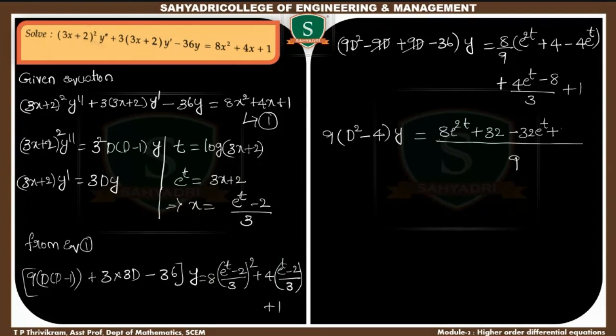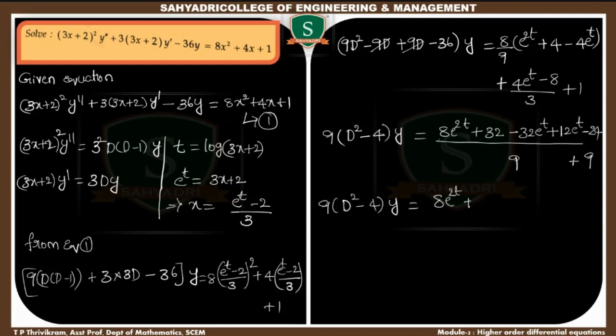So 12 e power t minus 8 3s, 24 plus here 9 into 1 it is 9. Okay, so we'll get 9 into d square minus 4 into y is equal to 8 e power 2t plus